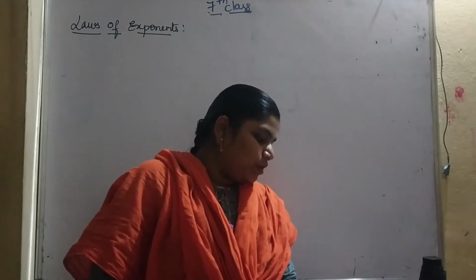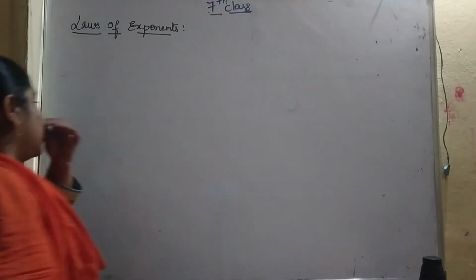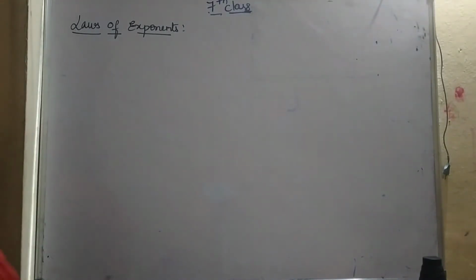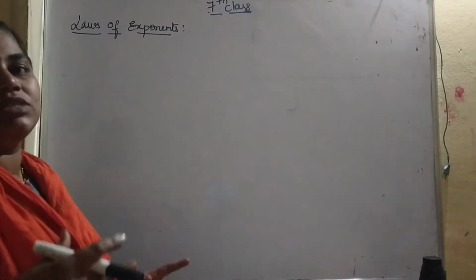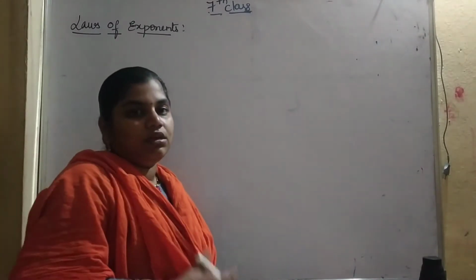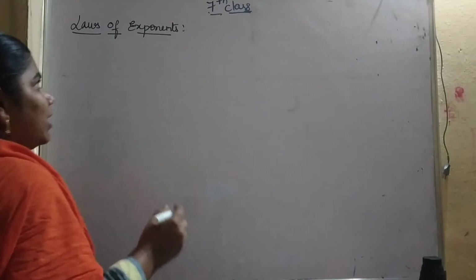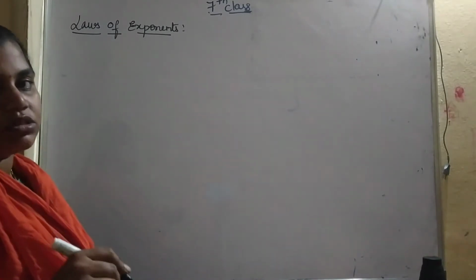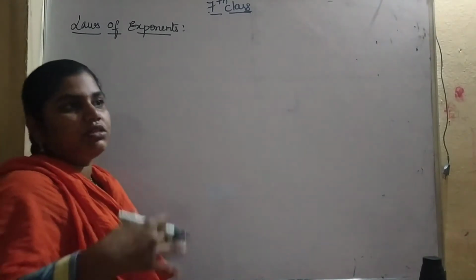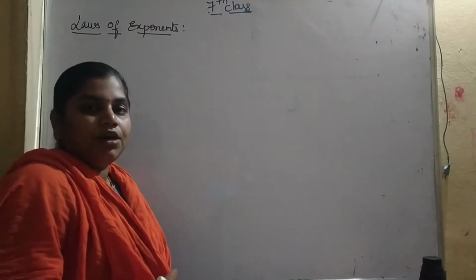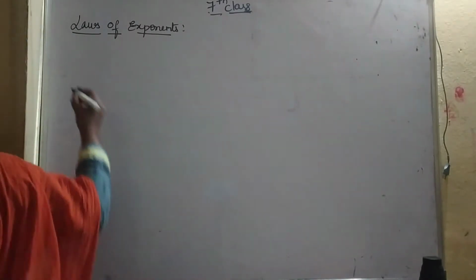Now we are going to learn about laws of exponents. What do we mean by laws of exponents? Laws of exponents means the formulas which we use in this. There are 7 to 8 laws, and they are very important for us in further classes also. So in this, the first law is